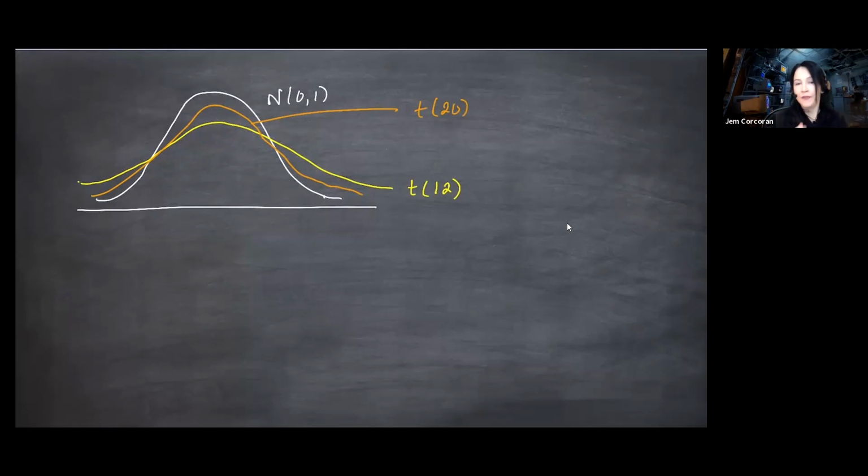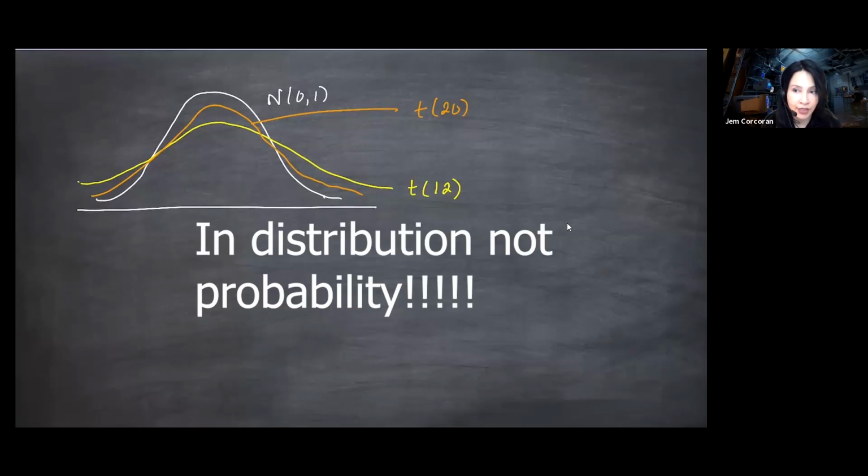To prove that the t is in some sense going to a normal, what I'm trying to say here is really convergence in distribution, because if you have convergence of CDFs, and if you can take the derivatives and it's a nice continuous derivative, then you would have convergence of PDFs, which is what I've drawn here. But check this out. Here is the formal way to show that a random variable t converges in probability to a normal random variable.